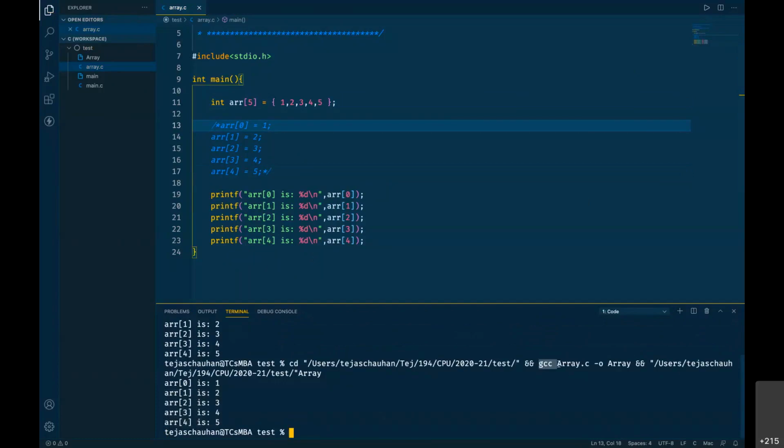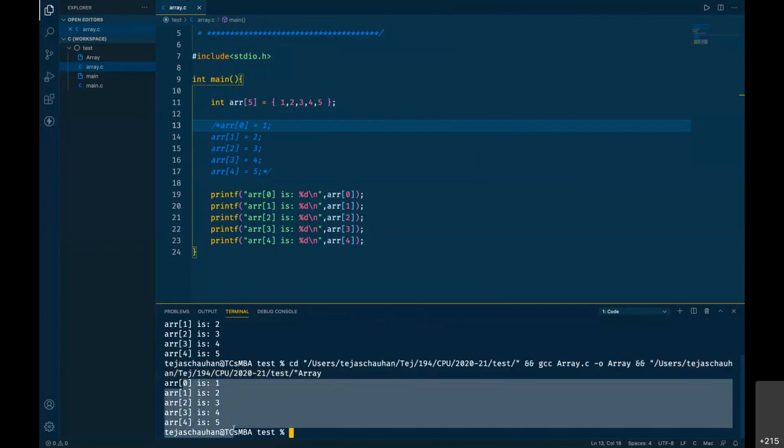Again, this GCC command is to compile my program: gcc array.c, compile it, generate output with the array name. That's the first command. The second command is going to execute that array file. So when it executes, I'll have the output here.